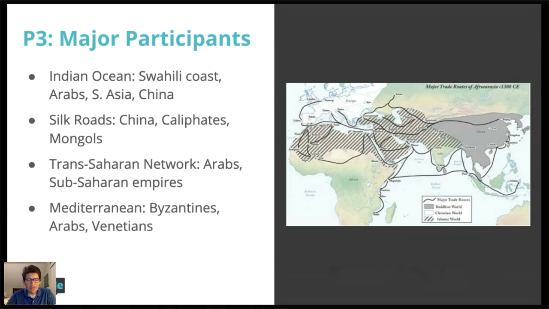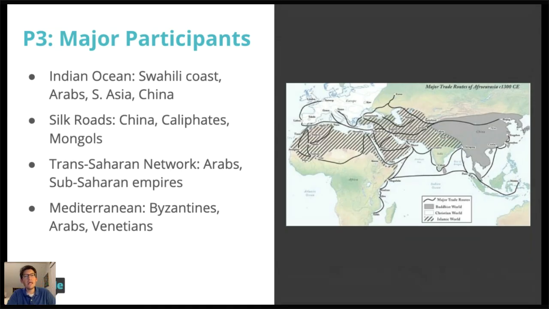So these are some things to consider. The Mediterranean, lots of different groups. The Romans in time period 2. By the time you get to time period 3, it's the Byzantines, and then later it's Arab merchant traders, and then late in this time period you have the Venetian merchants who come to dominate a lot of trade in the Mediterranean. So lots of different participants across lots of different trade networks. Keep that in mind. We'll compare that to period 4 in a little bit.